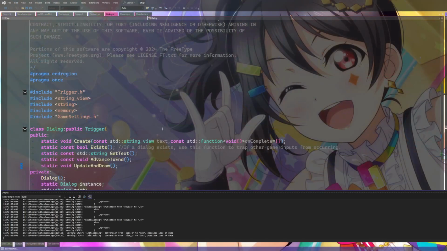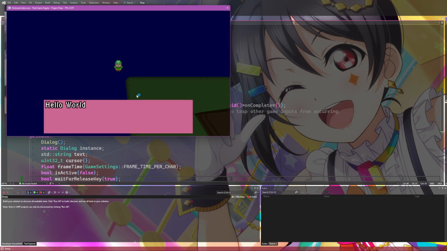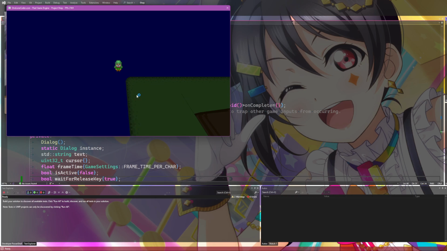If we are waiting for a release key, then we're checking for not held. Then wait for release key is false. It didn't work.